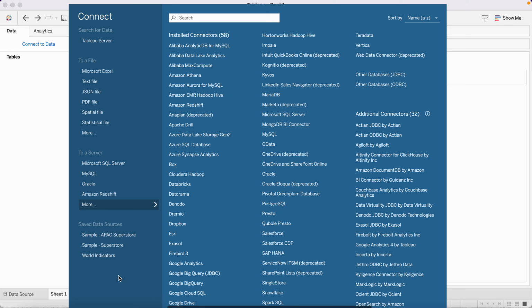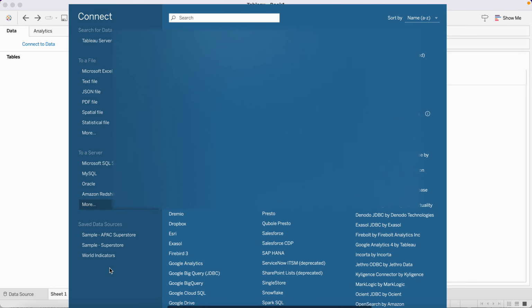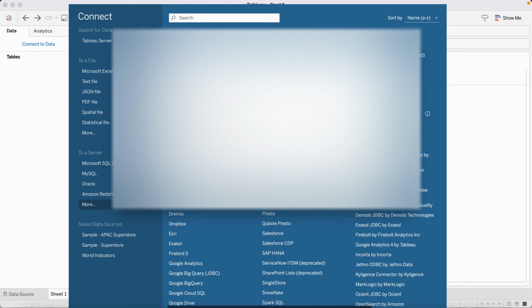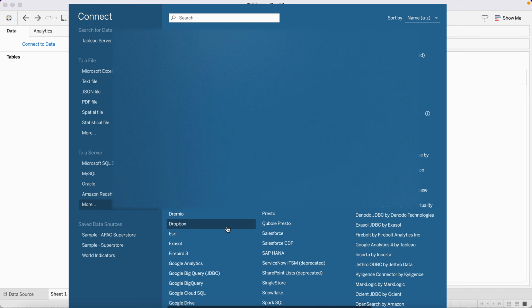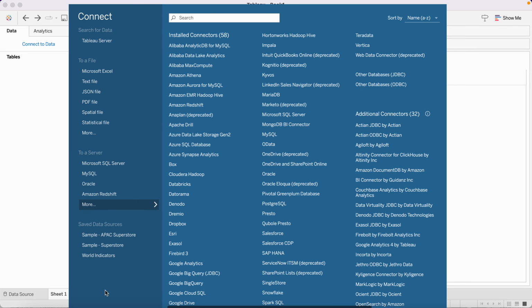If you've got your own data sets, then you just need to go to Microsoft Excel, or if it's a CSV file, then go to text file and then pull that file in. Always remember, it is important for you to understand the data first before jumping into creating the sheets